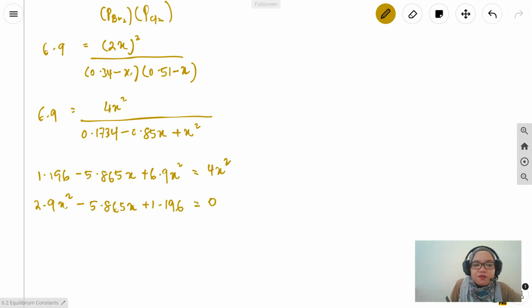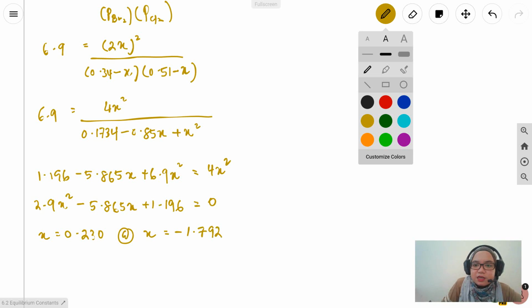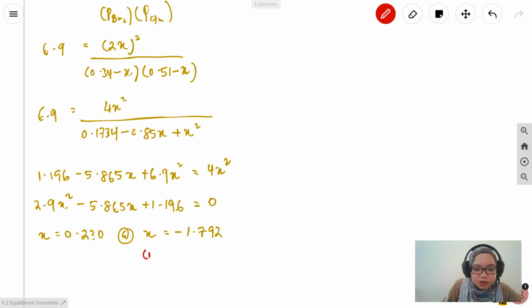So you will solve the x, you will get x equals to 0.230 or x equals to negative 1.792, where this one is not acceptable